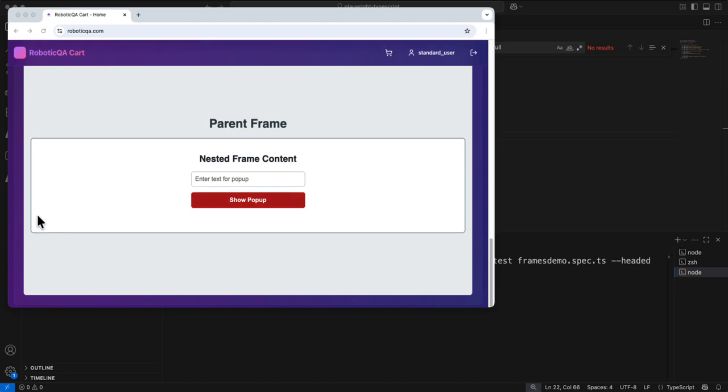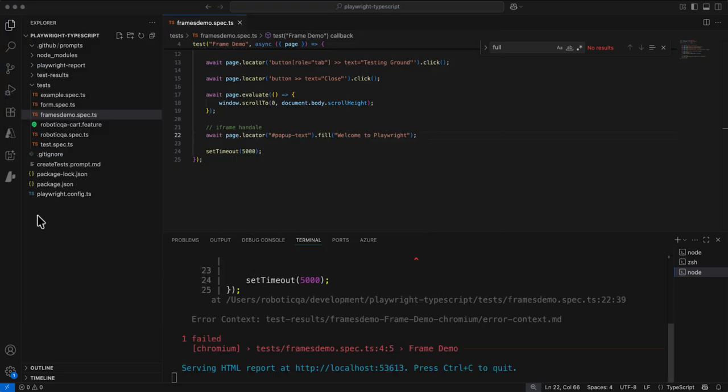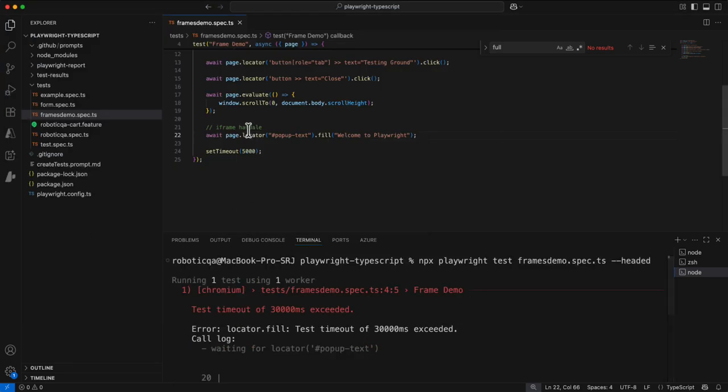The locator is correct, everything is correct. But it is not able to type. It will wait for the default timeout, and that's it, it timed out. So how to handle this? Let's now,